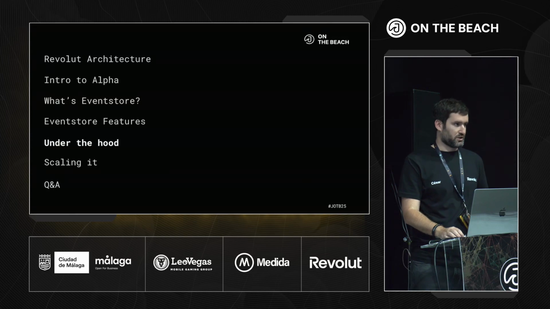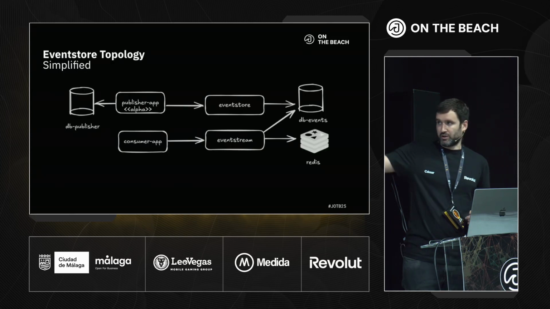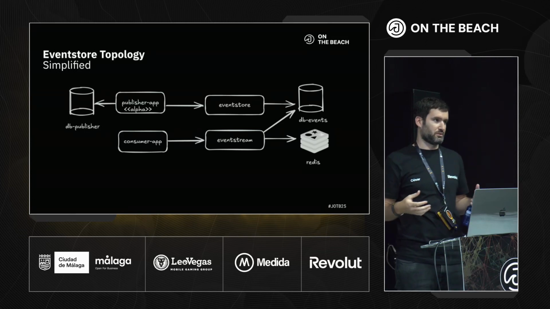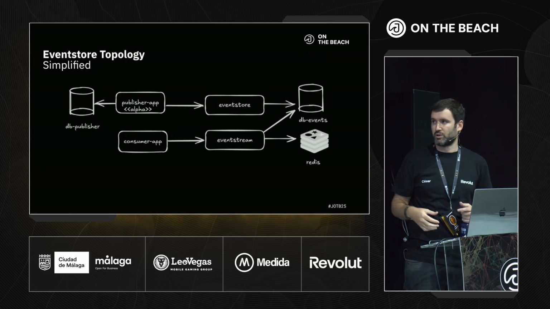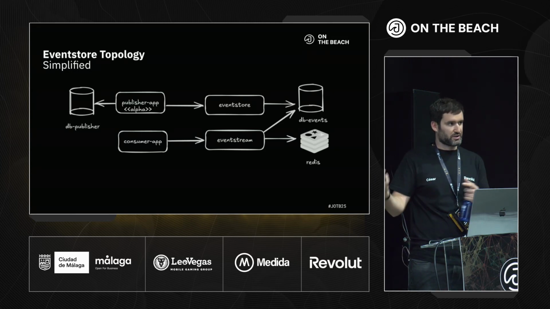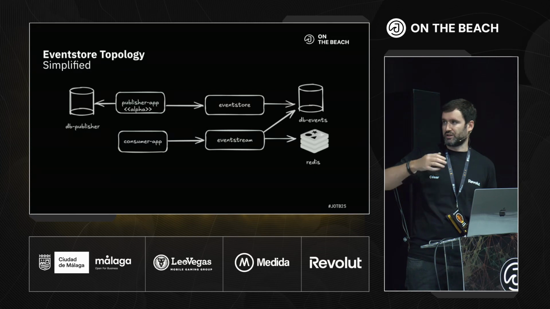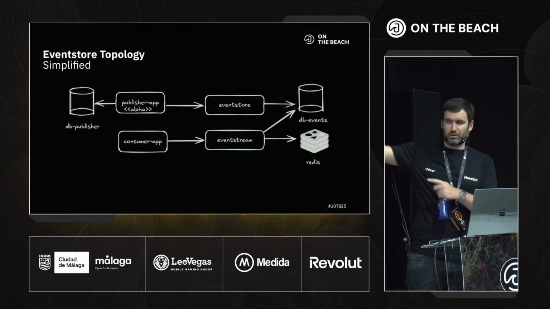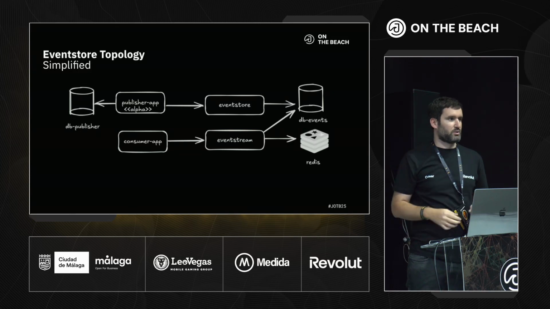So, how does it work under the hood? First, we have on the left the publisher application. The publisher application is any application that is executing this Alpha framework. Whenever an action is executed, it produces events, and these events are eventually sent to Event Store, which we have on the top, where they will be persisted into what we call, in a simplistic way here, DB events, which is basically our